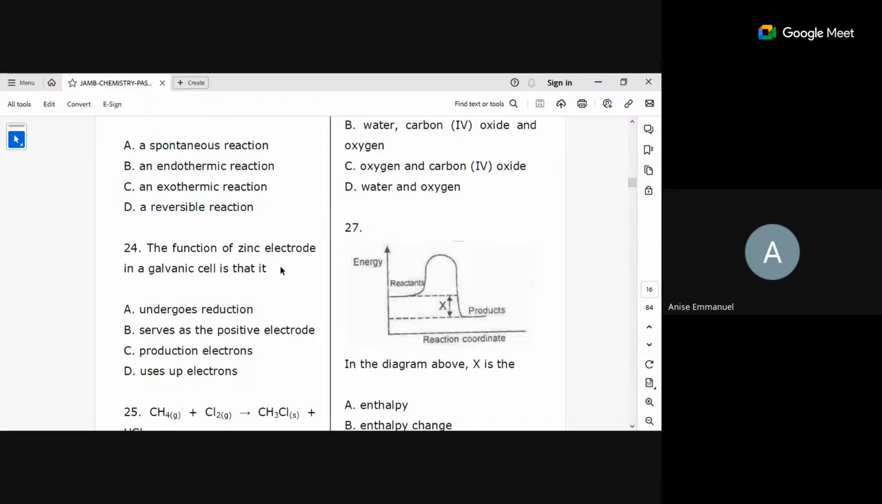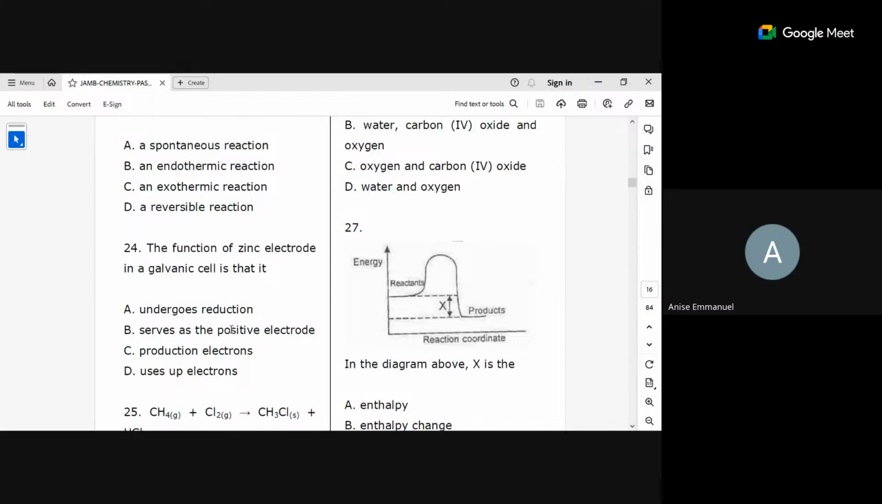Number 24. A: undergoes reduction? No. Serves as a positive electrode? No. Let's look at that first. B: production of electron. That is part of it. C: uses up electron? No. So B and C are likely to be the answer here. A cannot, and C can, D cannot. Uses up electron? No. So the answer is